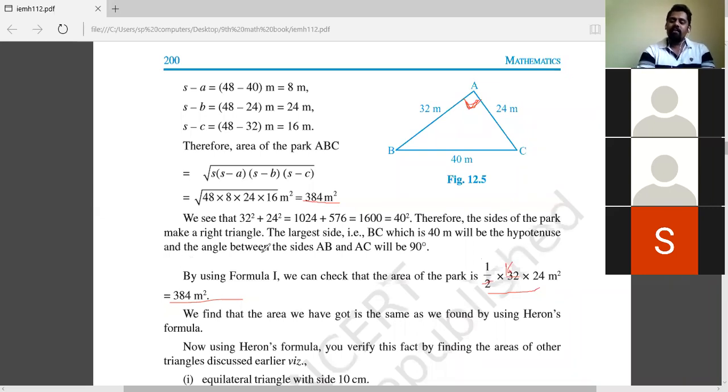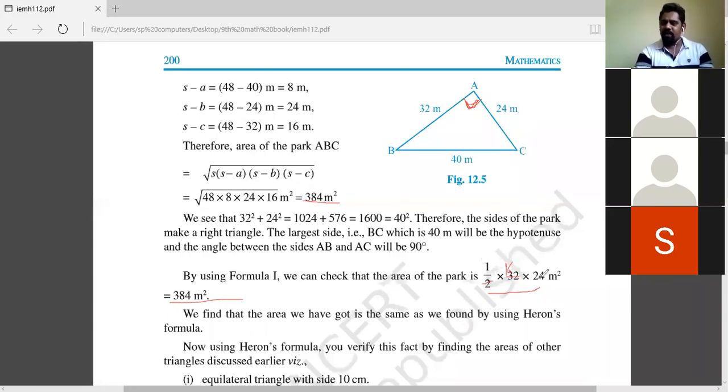Later on, we have come to know that 32 is a height, this is a right angle triangle, and 32 is a height or 24 is a height. Why have we done it? To understand whether Heron's formula is giving the right solution or not. How do you understand whether Heron's formula is giving the right solution to us? Have we ever proved it? No, we are just using it. So how do you accept this point?